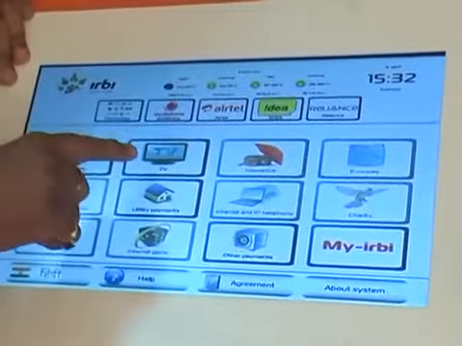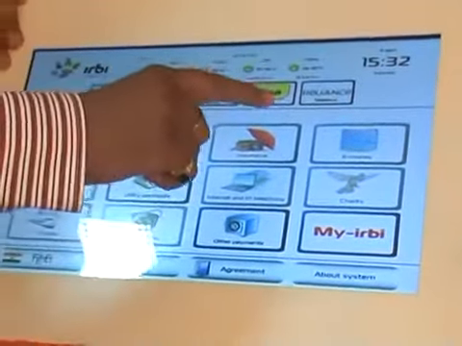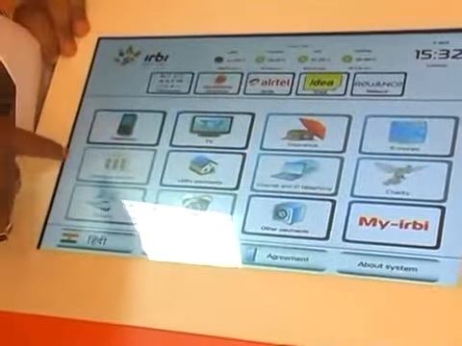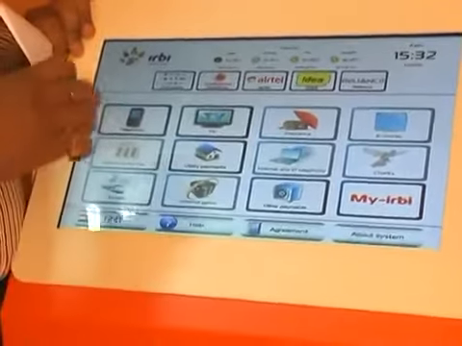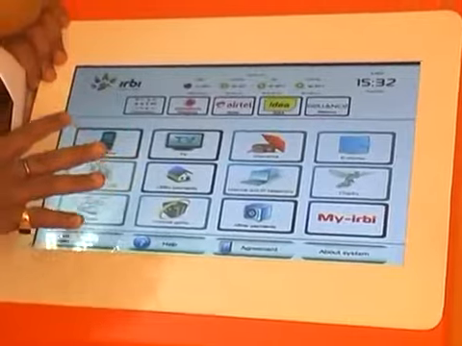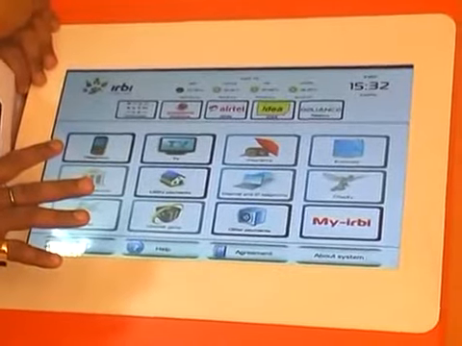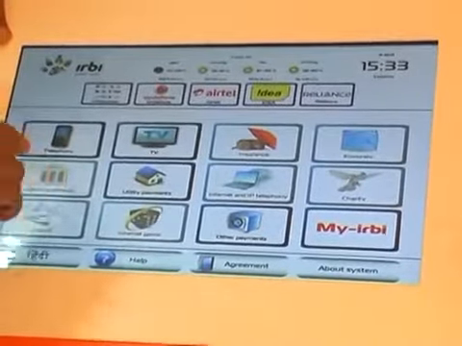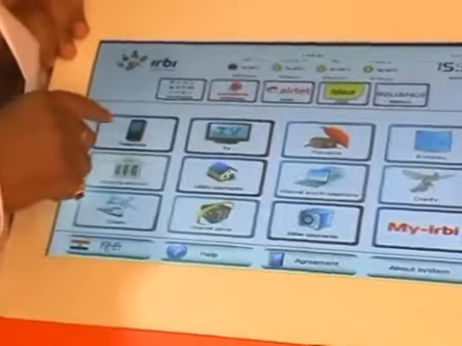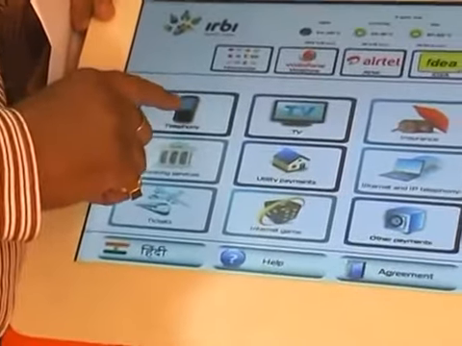So on the kiosk you see there are pictures of various services, like telephony shown by a telephone, TV, insurance, e-money, utility payments. So all the options are there. Customer can easily identify which provider they want to pay. So I am going to demonstrate a payment to a mobile.